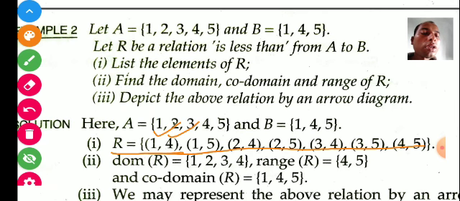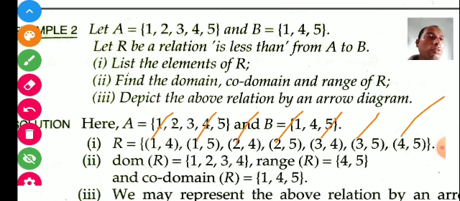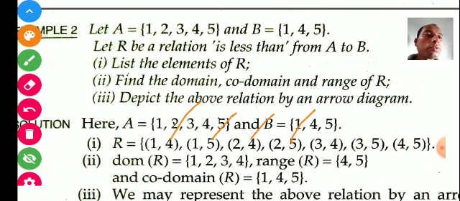You have seen that 1 is less than 4 and 1 is less than 5. Similarly 2 is less than 4. So these are all the elements of R. The first question is completed here. Now the domain. We know the domain is only the first elements: 1, 1, 2, 2, 3, 3, 4. In the domain we do not repeat elements, we write each once, 1, 2, 3, 4 in set notation, and the range will be the second elements: 4, 5, 4, 5, 4, 5, 4, 5.